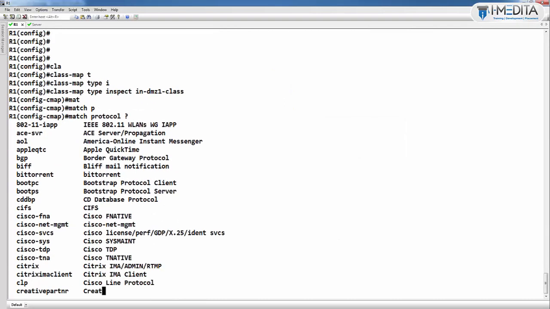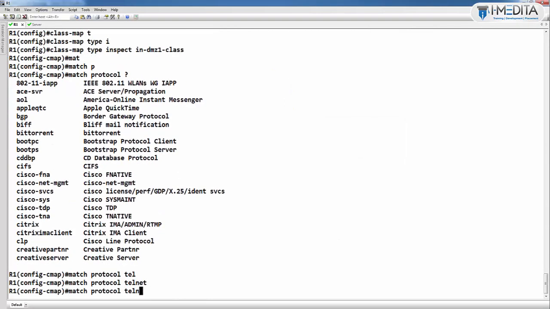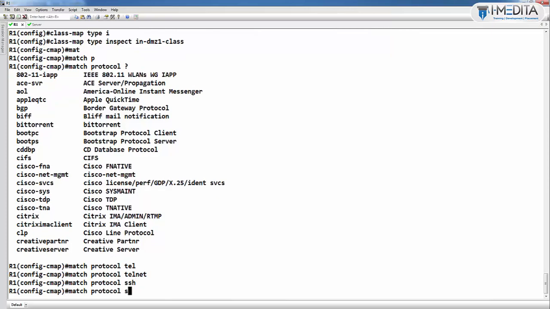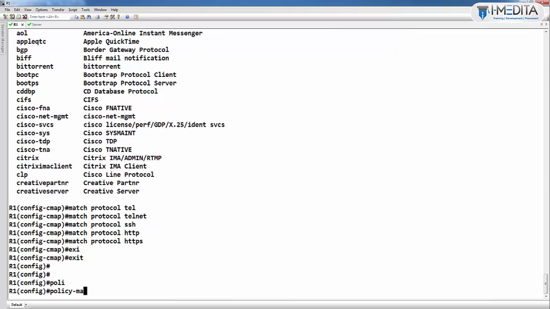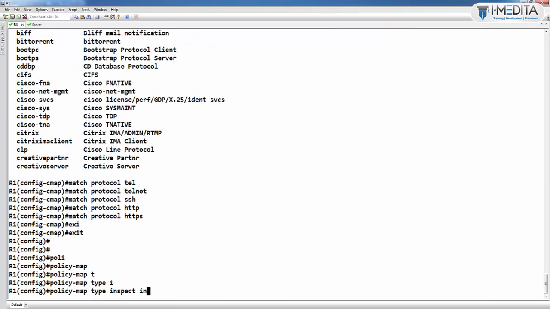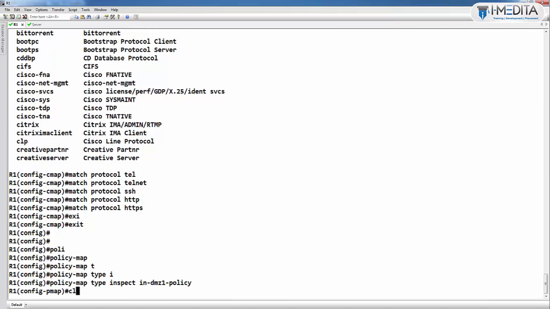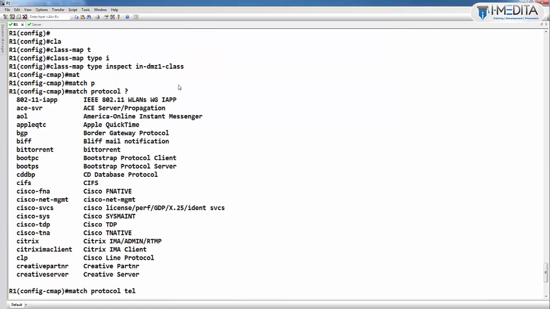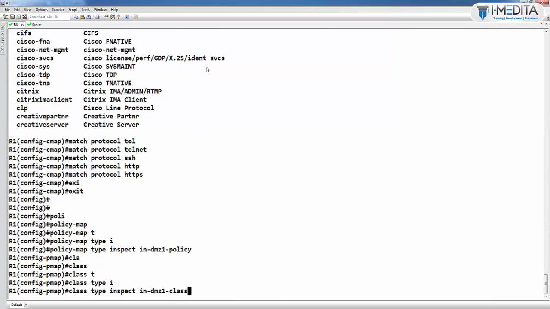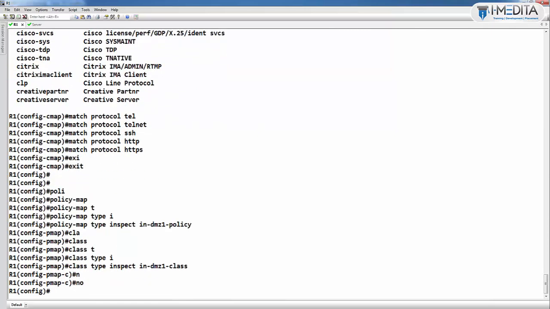protocol telnet, SSH, HTTPS. Policy map type inspect into DMZ1 policy, class map type inspect, and the class map name is into DMZ class, and